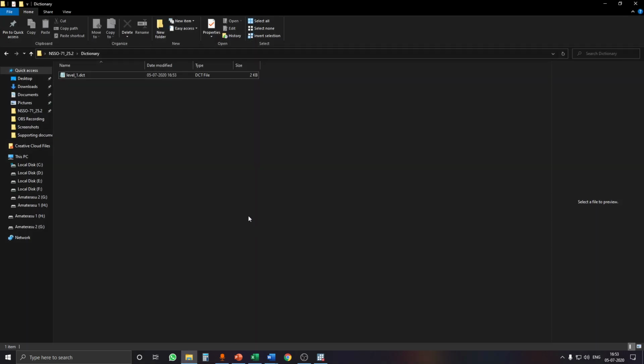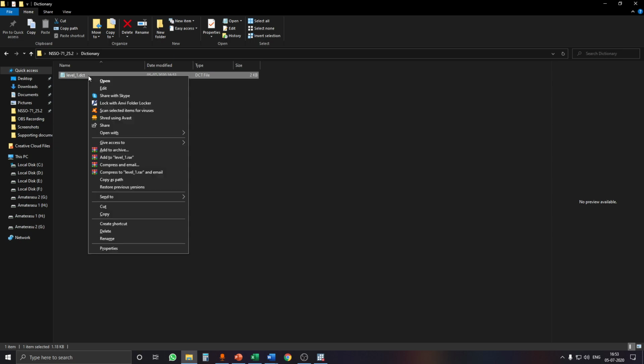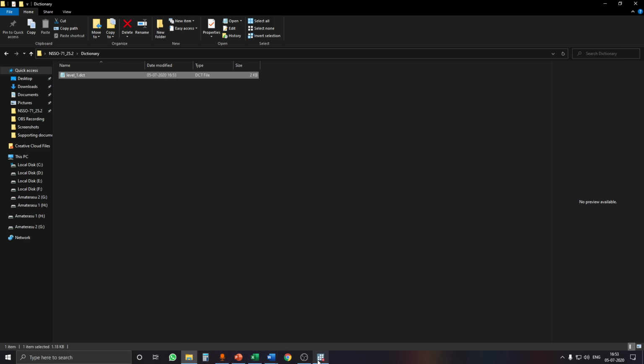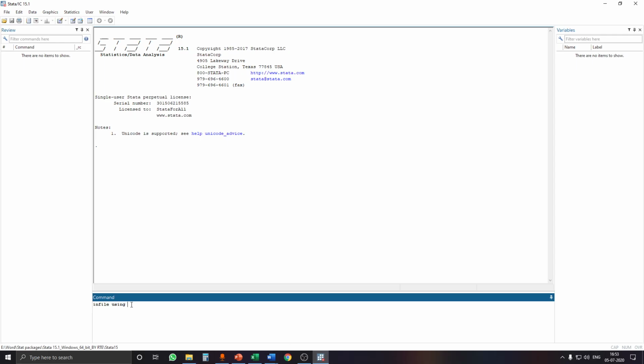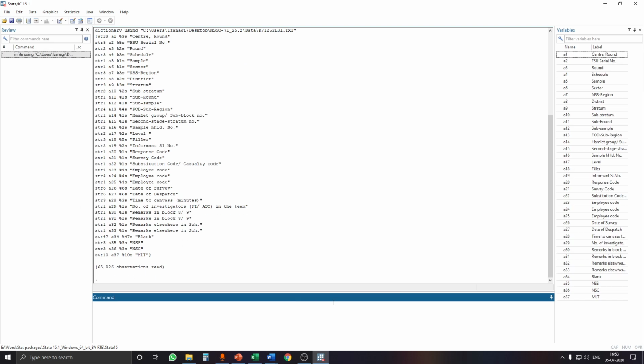As you can see, we have saved the dictionary file here. So what we are going to do is press and hold shift, and then go to copy as path. We'll copy it and then go to Stata, and we are going to paste, and then press enter. And as you can see, our data has been successfully extracted.